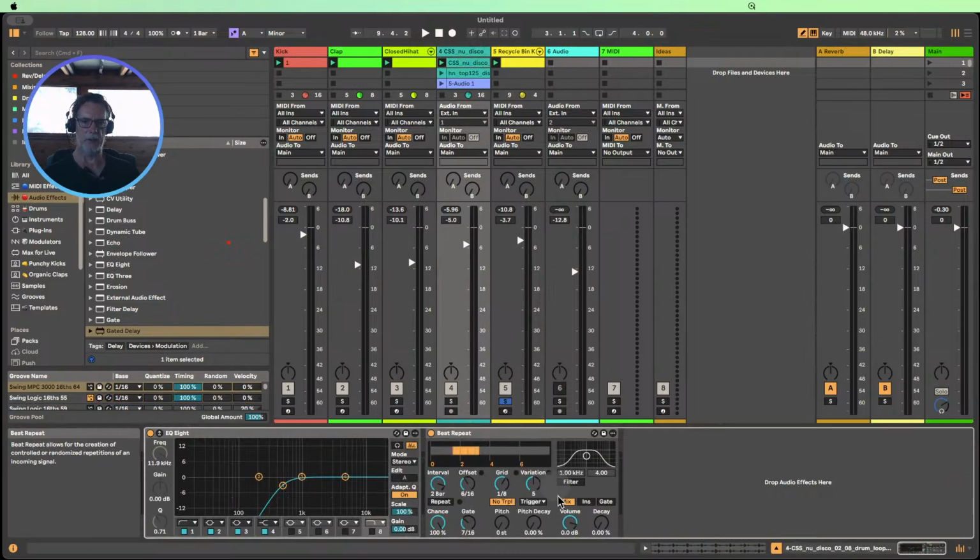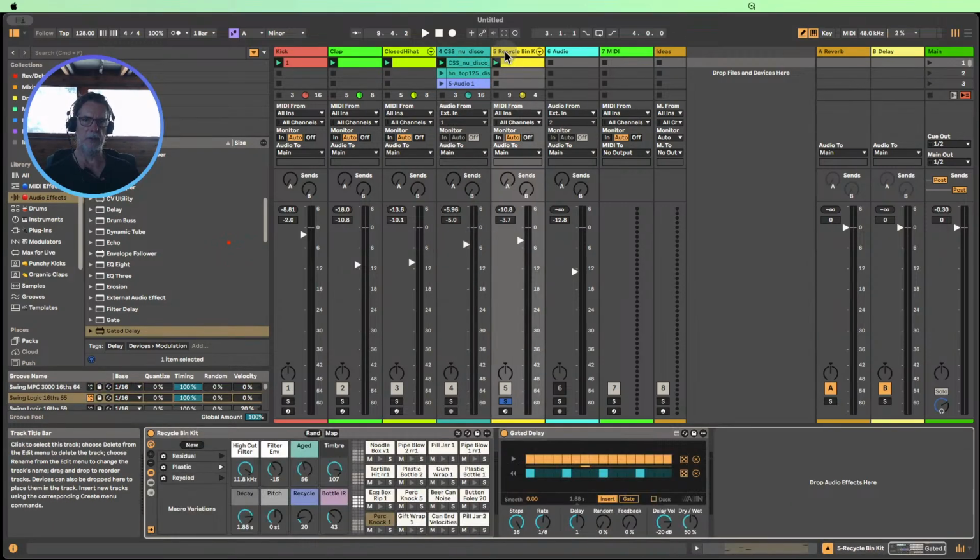You can decide, do you want just the Beat Repeat signal to happen only, or do you want the dry signal plus whatever the Beat Repeat does? So we've got a little bit of that down here in the gated delay. In insert mode, the dry output is active, but if we put the gate on, then there's no dry output, right? It's just the gate mode: the dry output is silenced when the gate is off. Okay, so